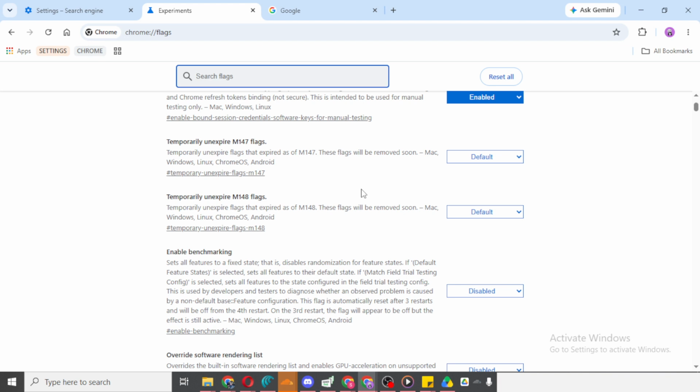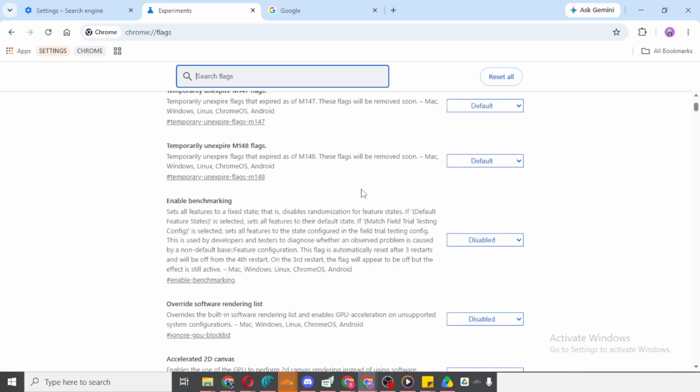If you do decide to explore further, a helpful tip is to change only one setting at a time. That makes it easier to notice what effect a flag has and helps avoid confusion if something changes unexpectedly. If Chrome starts behaving strangely after enabling a flag, you can always return to this page later and review the settings you changed.